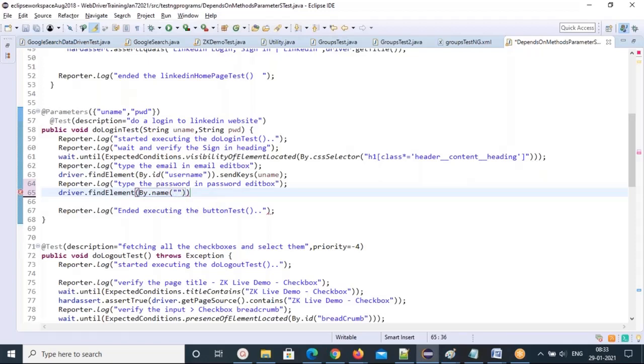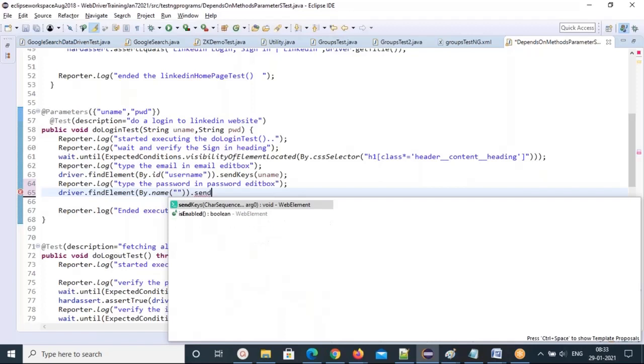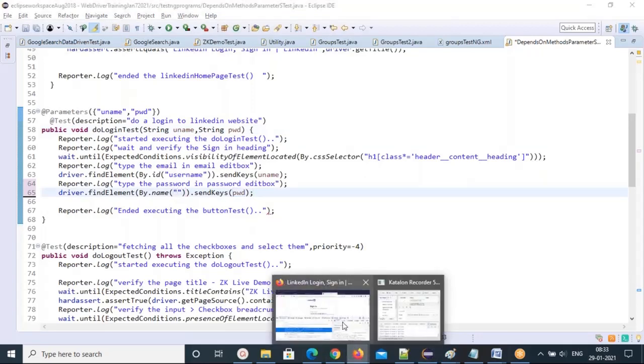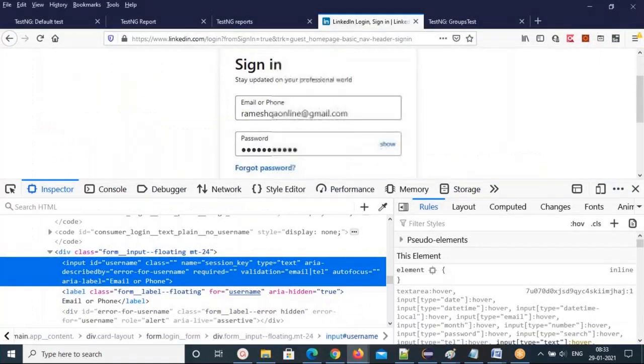You have to copy the name value. Then .sendKeys(pwd), the parameter name only. Don't put it in double quotes. Still we are not giving values here. I'm going to give values from the XML suite file, the username and password.